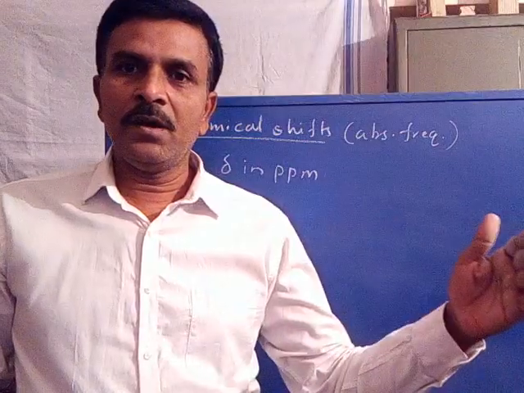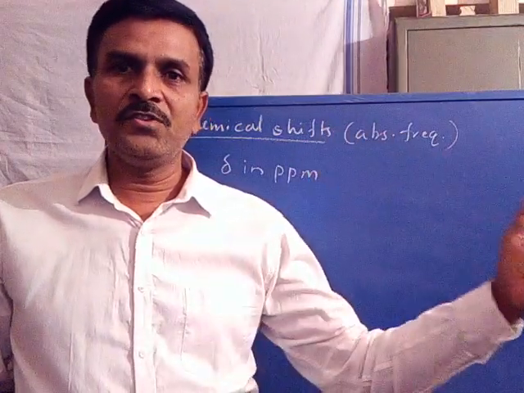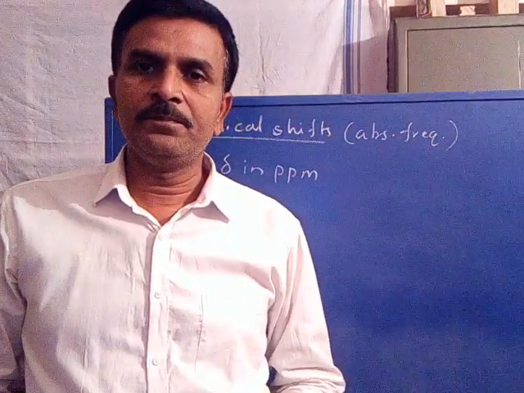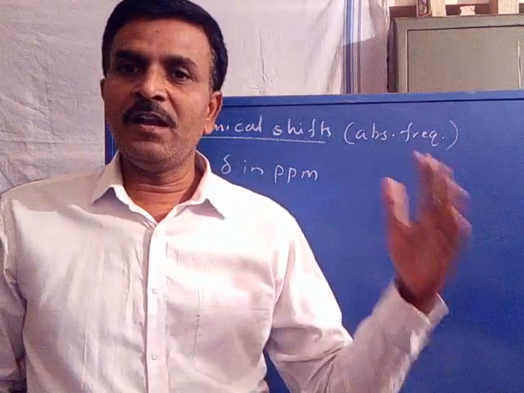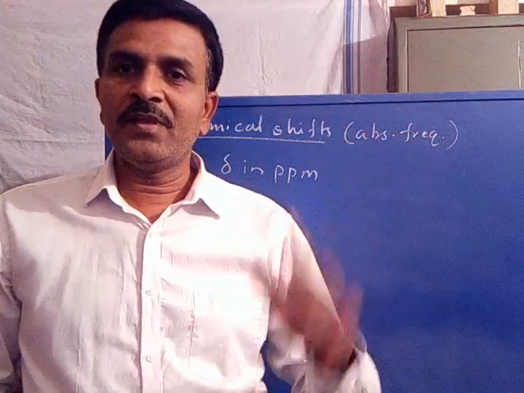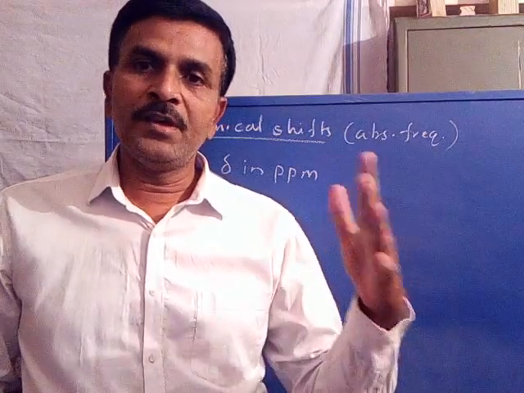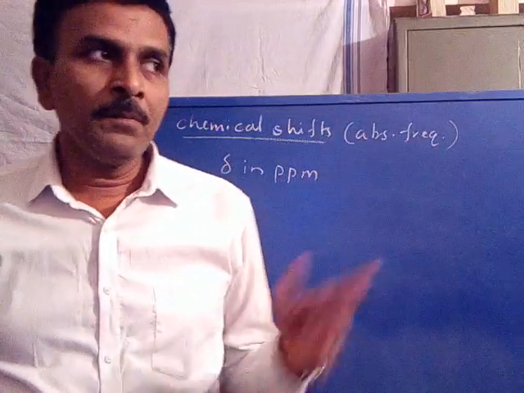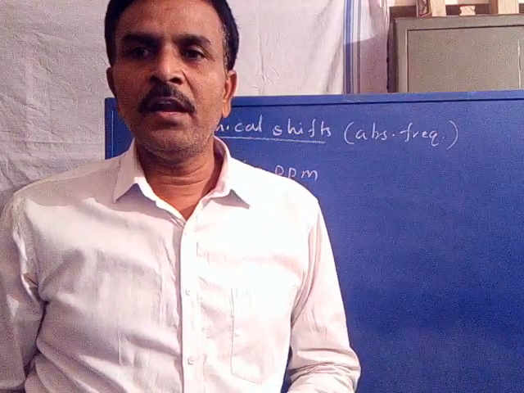where in the proton NMR the range of proton absorption frequencies lies between 0 to, say, 10.0 or 20.0 ppm. Whereas in the fluorine NMR, the absorption frequency of fluorine lies between 0.0 to plus 500 and minus 500. In the same way, the phosphorus nuclei absorption frequencies lie between 0.0 to plus 250 ppm and minus 250 ppm. Now what is the difference between fluorine and phosphorus?